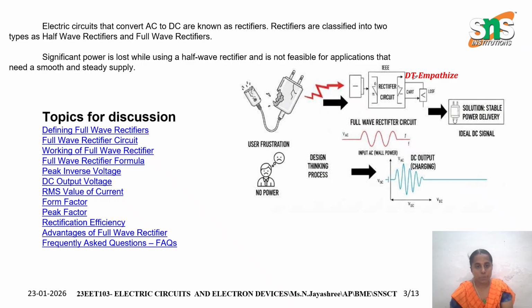Electric circuits that convert AC to DC are known as rectifiers. Rectifiers are classified into two types, as we already know. These are examples of a full wave rectifier circuit. This two-pin plug point is burned because there is no rectifier circuit, and the solution is a stable power supply. It gives the ideal DC supply. If it is a rectifier circuit, the circuit will not burn. So next, let us see